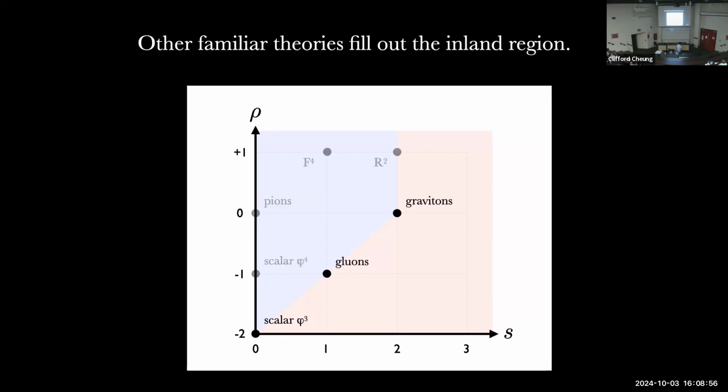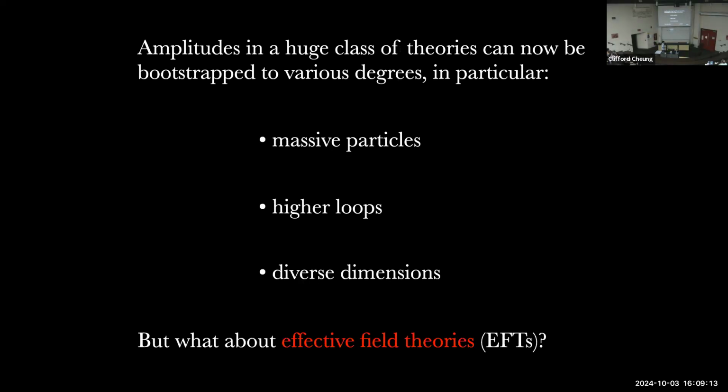Of course, there are other theories that are not on the edge of existence, at least in this plot, like the theory of pions, phi-4 theory, so-called higher dimension operators. Those are less constrained, and they're less nice in that kind of invariant sense. And these can also show up as corrections to the standard model. That's totally allowed. So there's no free lunch here. Good. Now, this kind of idea of constructing all numbers of particles of scattering with factorization and with Lorentz invariance